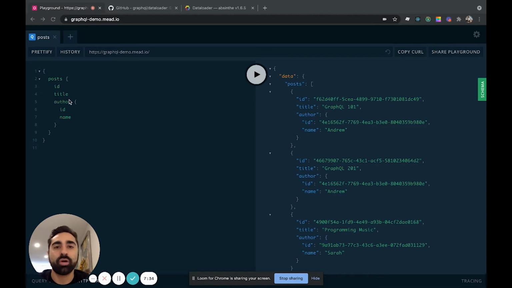So the GraphQL approach would be to have a resolver for the posts and then a separate resolver on the author field of posts for author. And then that resolver will only execute if we actually request that field. Now this sounds great, but actually introduces a big problem that is easy to overlook. In order to run the author resolver, which is a field of posts, we first need to resolve posts in order to get that author ID. And then that author ID gets passed into the author resolver,